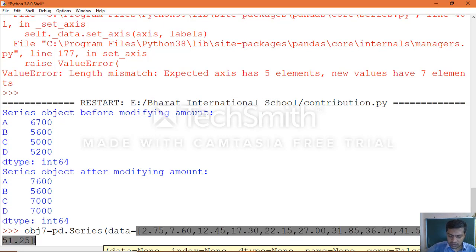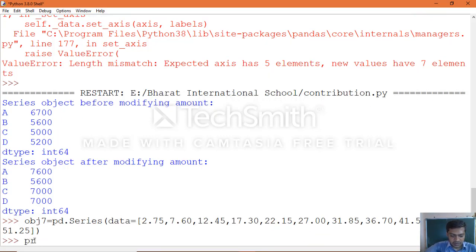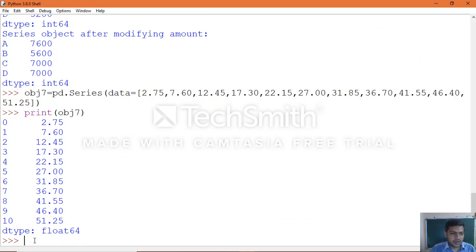Okay, close the object. Now print the object, obj7. So this is the data the object is holding.